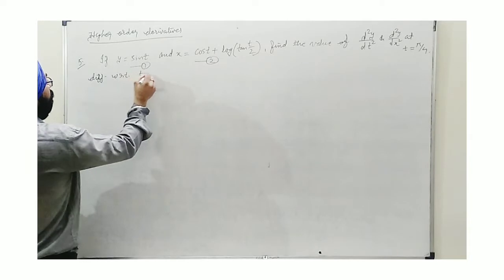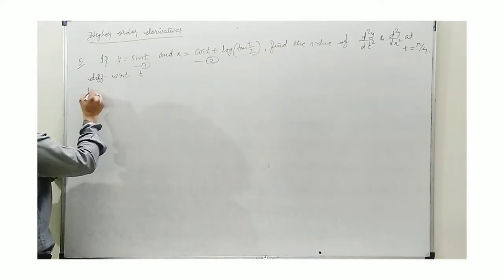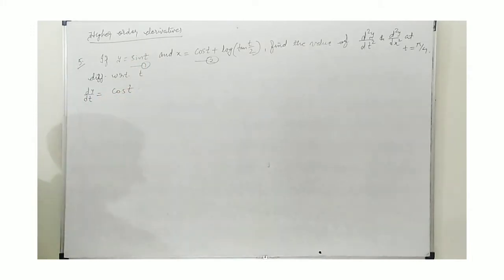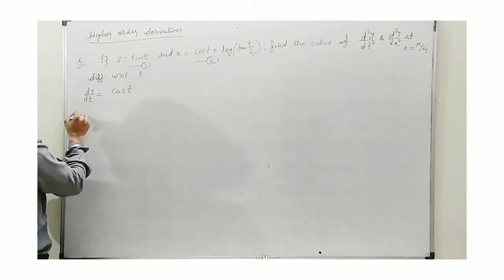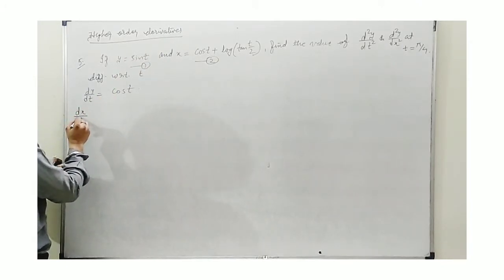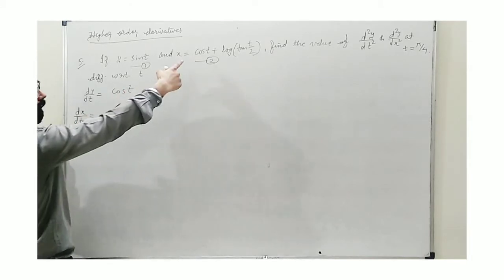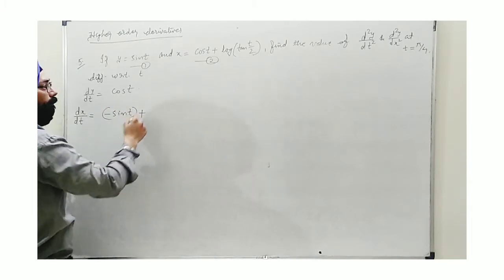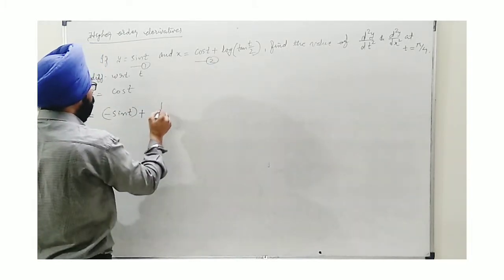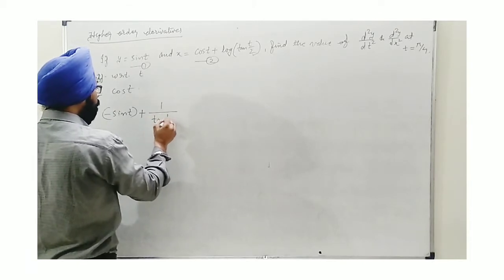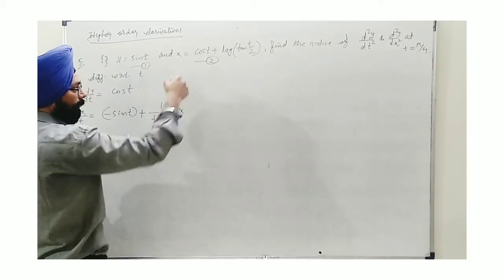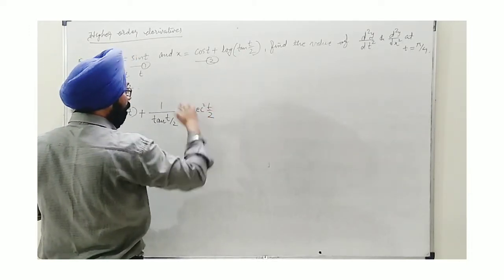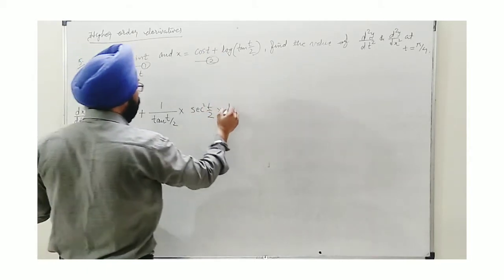with respect to t. If I find from first dy by dt, I will do directly, sin t is given, so this will turn cos t. Now this one, x, dx by dt, two terms are there. First term is cos t, its differentiation is minus sin t, plus when we do the second term, first function is log, it comes 1 upon tan t by 2 into, by chain rule, differentiation of tan t by 2, so this will turn sec square t by 2, and once again for t by 2 we have to differentiate, it becomes 1 by 2.